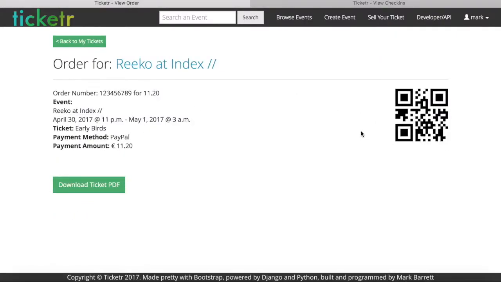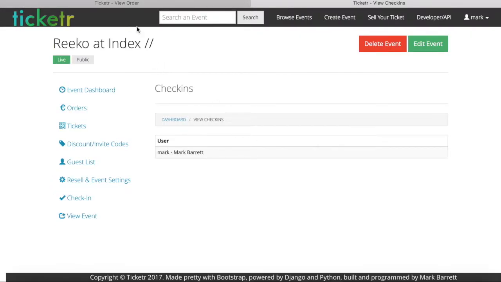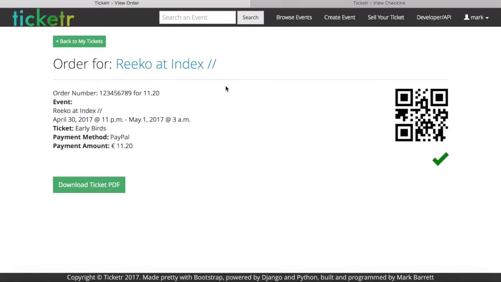So if I open up the Ticketer app, which I will show you in a few moments, I can log in with my username and password, and I can pick the option to scan tickets. And then once I scan the ticket, it tells me it's valid, and then when I refresh the page, the tick shows up, and then it'll say that I've checked in. That app I'll show you in a few moments, but for now I just thought I'd show you that.